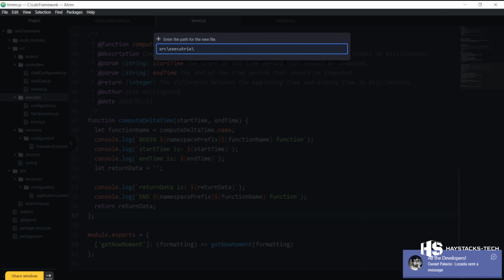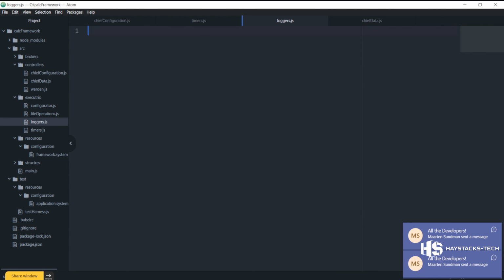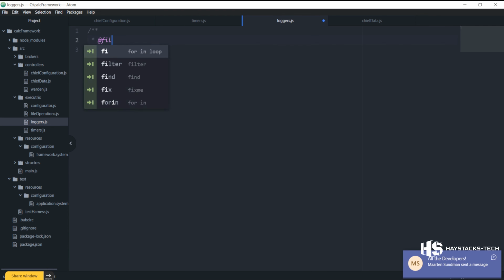It's called... is it going to be too long? It's actually not. No, it's got one function, and we're not even exporting it. So again, this is just getting us started. It's called loggers.js. Loggers. Okay. Yep, under Citrix. There you go. And the header: at file loggers.js, module loggers,